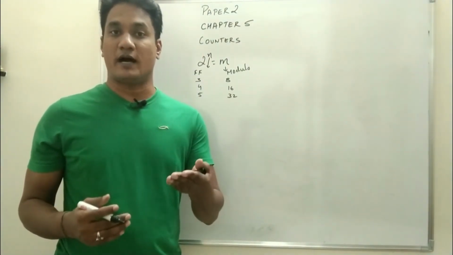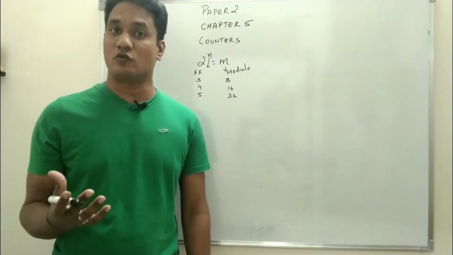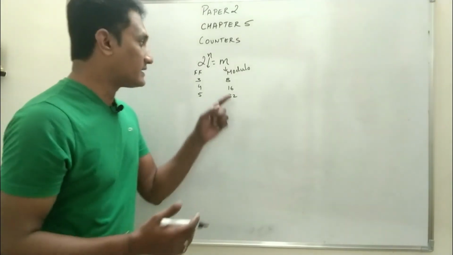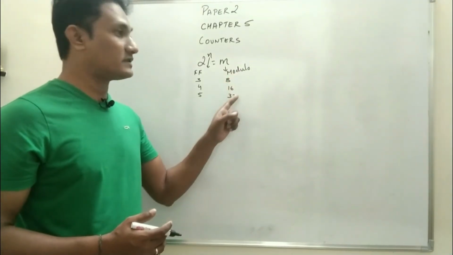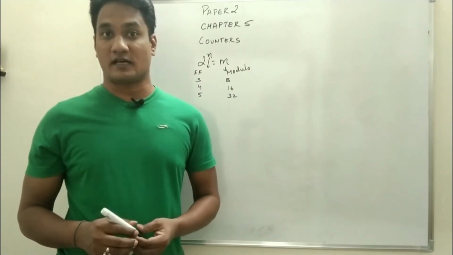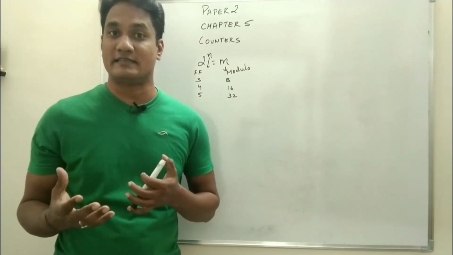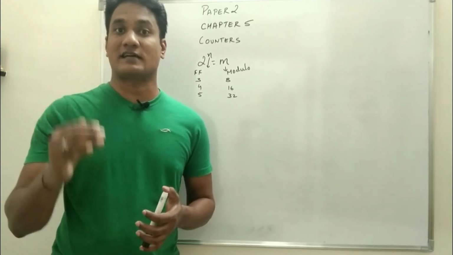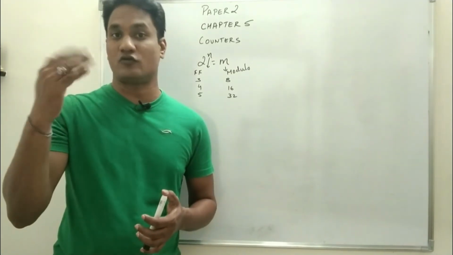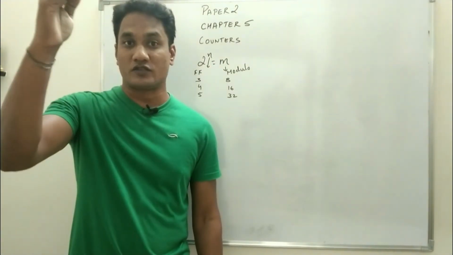Now in this part we will try to understand counters. We will design counters in between those values. For example, as I said, the modulo will be either 8 or 16 or 32. Suppose you want to design a modulo 10 counter, that means the count is between 8 and 16. So there should be some mechanism so that the circuit starts counting through 10 discrete states. Of course, in decimal, it will be counting from 0 to 9.